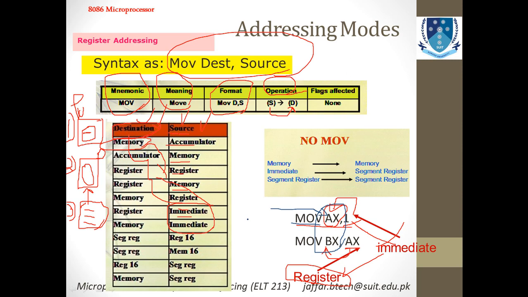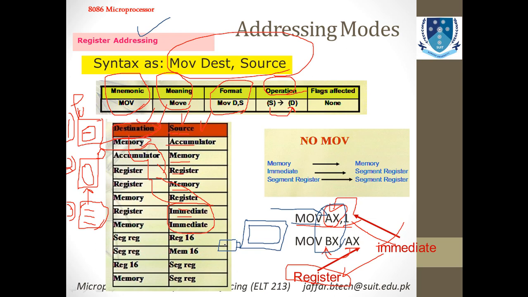Let's say you have a computer, and you have an LCD on which you want to display some pictures. You cannot directly throw the data onto the LCD screen. If you are using this microprocessor, the first disadvantage is that you have to store that data, so it will not be real time. You have to first store that data in some memory, let's say a USB, and that USB should be plugged into this LCD. If you are using this 8086 microprocessor or any other processor that does not allow immediate data, you won't have real-time image display.